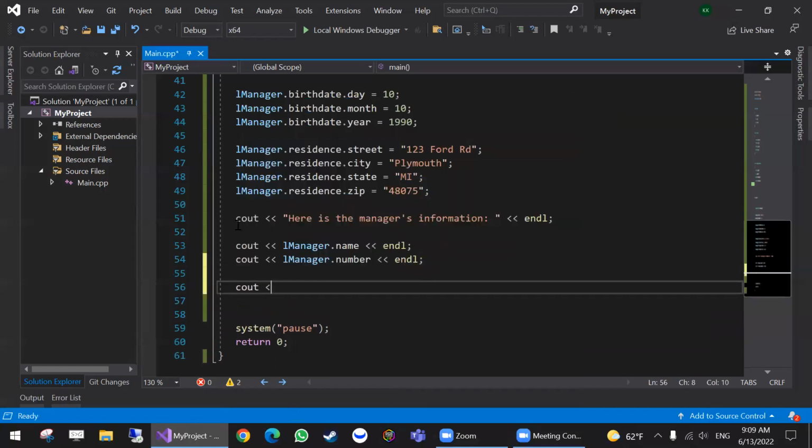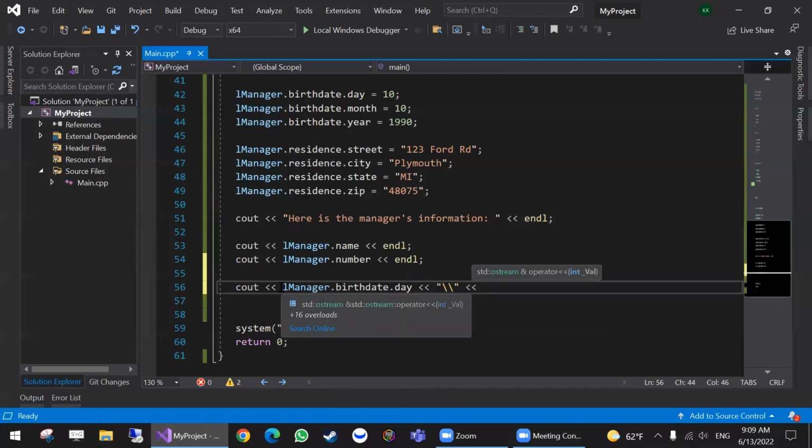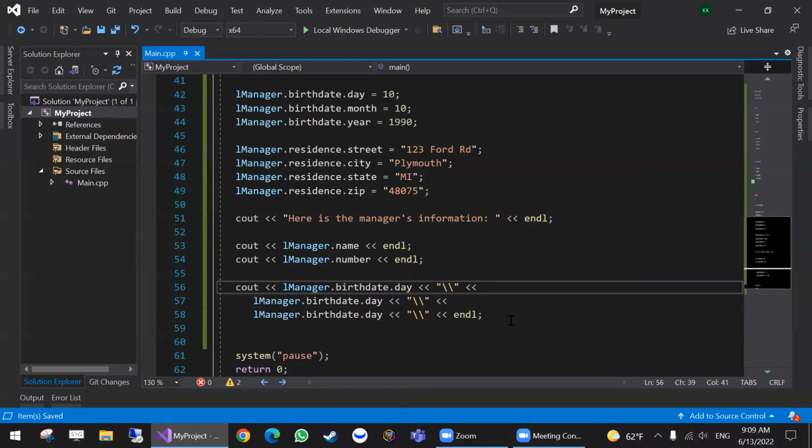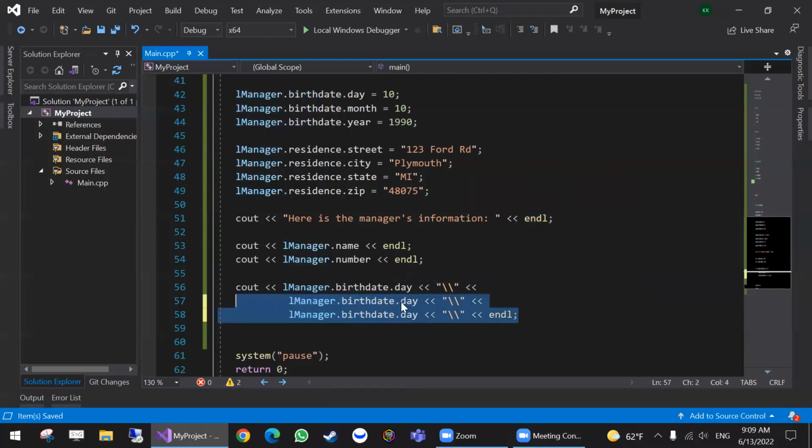I can follow up by manager.birthdate.day. Copy, paste, and edit. So birth date, then month, then year,